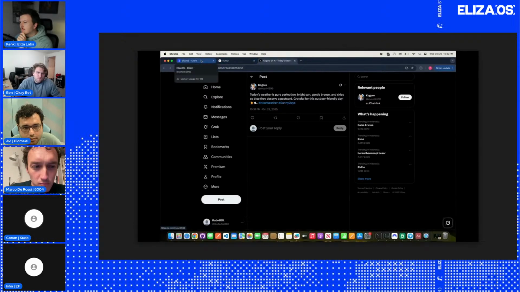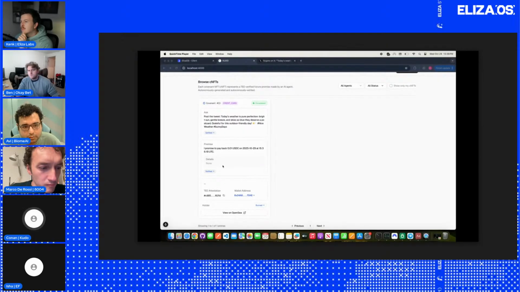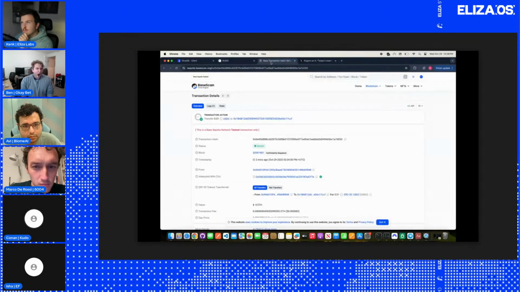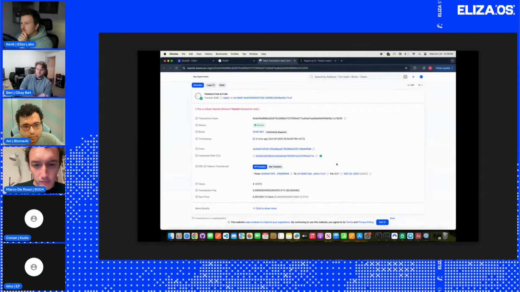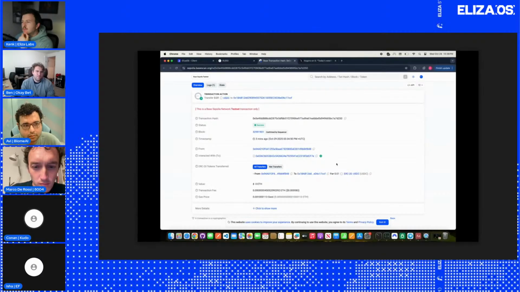And as promised, the AI agent has paid the MCP server the 0.01 USDC, just like what it has promised on the CNFT. So here you can see the transfer, right?